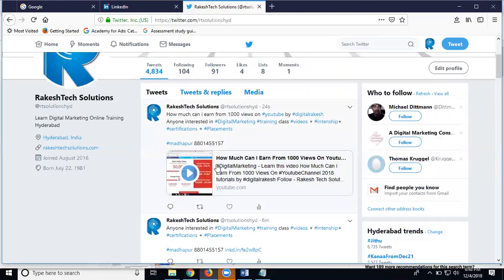Any LinkedIn to Twitter connection is mostly used for link sharing purpose. If anybody asks what the purpose of using a LinkedIn to Twitter connection is, that is called link sharing purpose only. This is called generating website traffic.